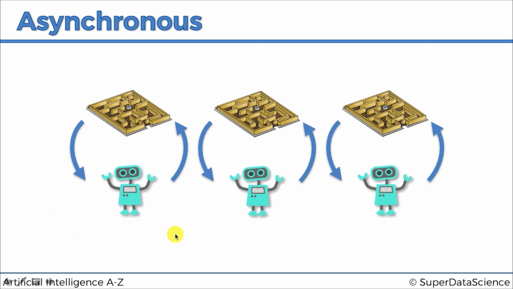So the probability of one agent getting stuck in a certain local maximum might be high, or might be a certain value. But the probability, when you have 3 of them, of all 3 of them getting stuck in that local maximum is much lower. And as long as they share experience between each other, they can help each other out. So if one of them gets stuck in a local maximum, just simply thinks that's the best solution all the time, and keeps doing that,